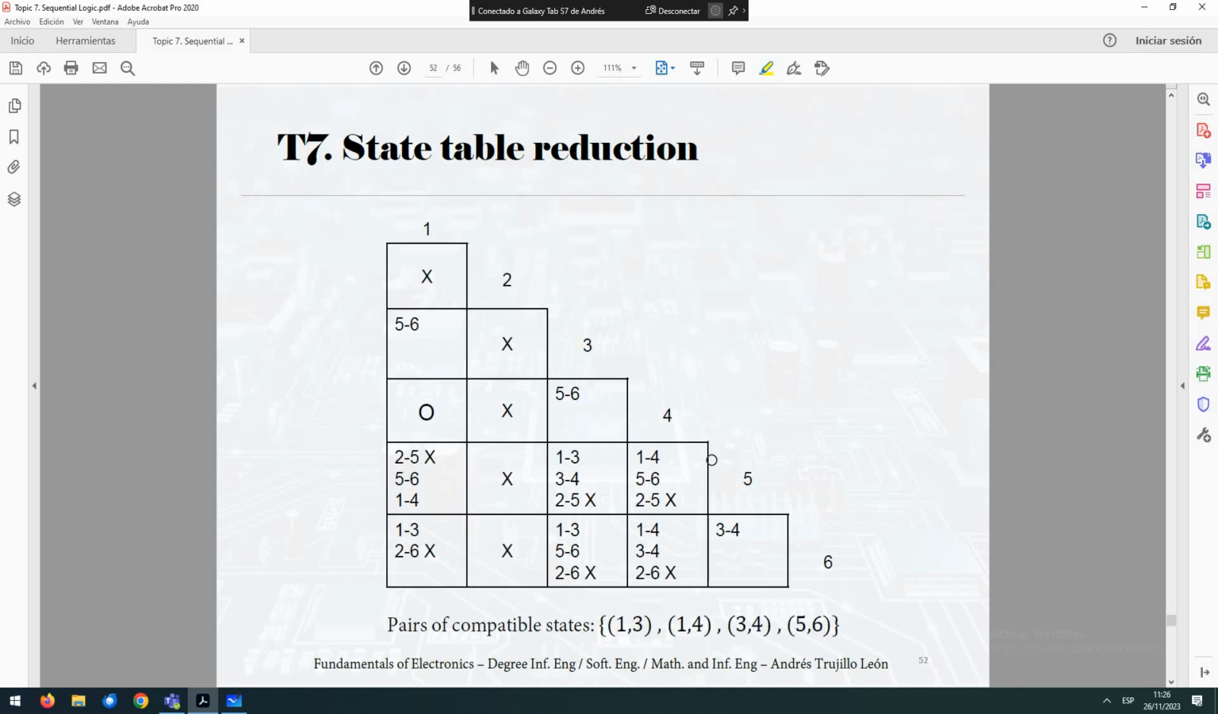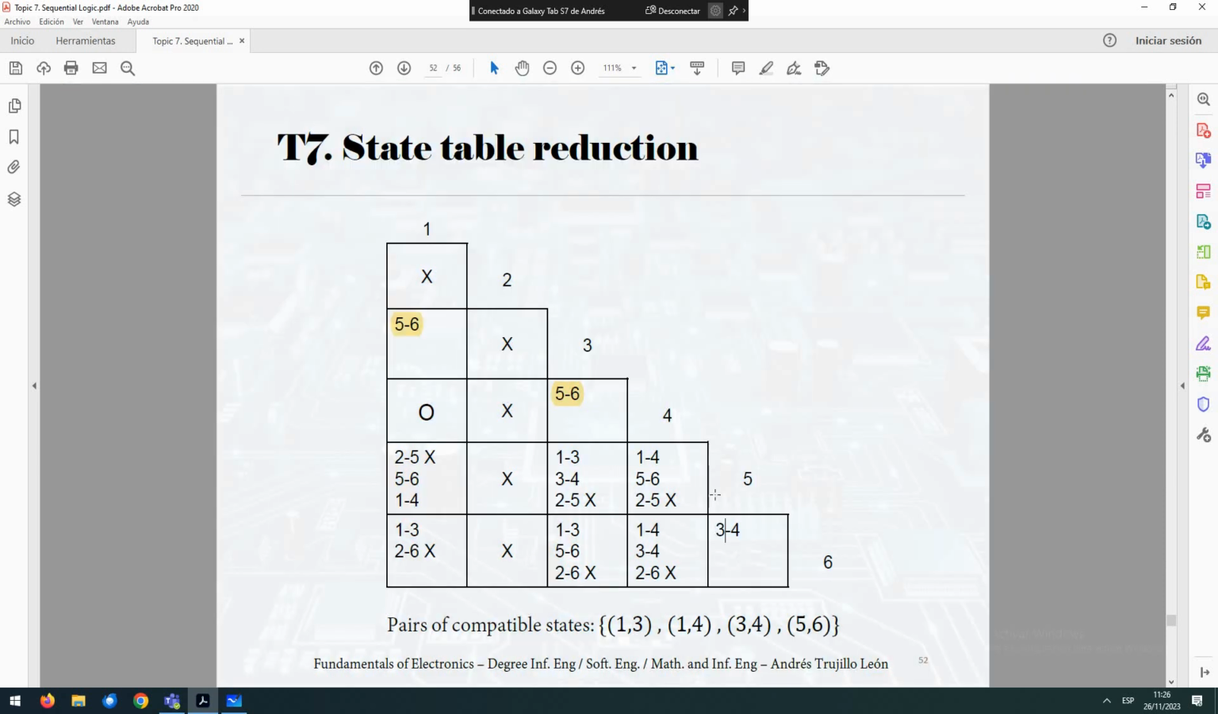We obtain this implication chart. I told you that we have to start doing passes through all the cells of the table. And when in the current pass we cannot add new X's in the cells, we have finished. Once we have finished, the cells that have no X are going to be the cells of the compatible states. So here we saw that here we don't have X, here we don't have X,